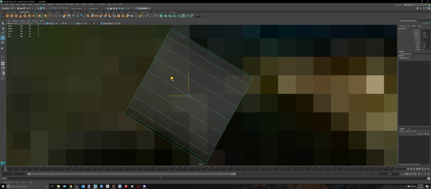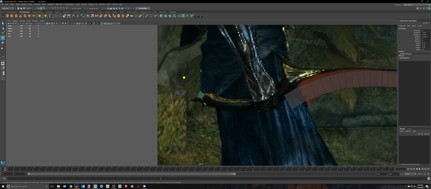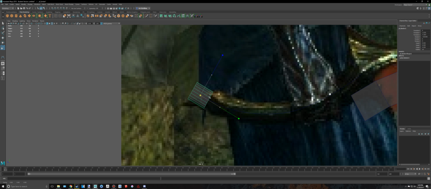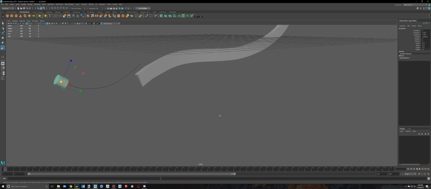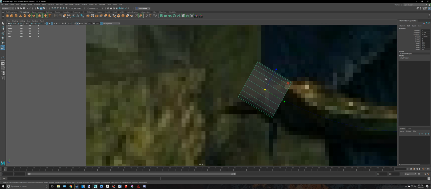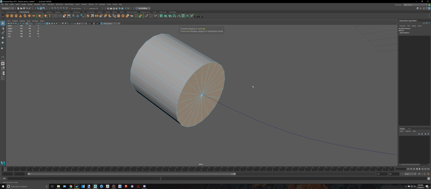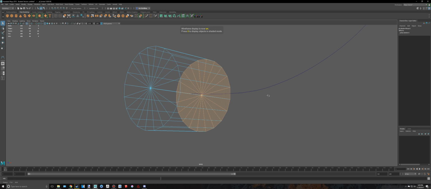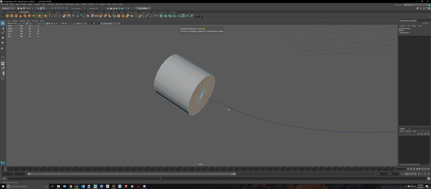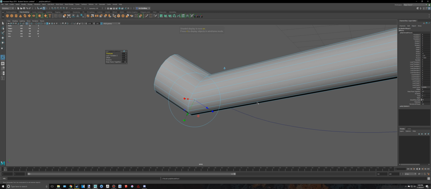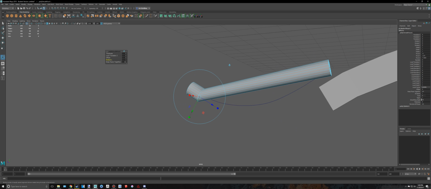So like about there. And I'm pretty sure this needs to be a bit bigger. Alright, now here's a cool trick to select the faces right there without having to individually select them. You just do that, and bam, I press 4 to see my wireframe. I just got that selected, so I can press 5, shift click on that, Control E, add the divisions up